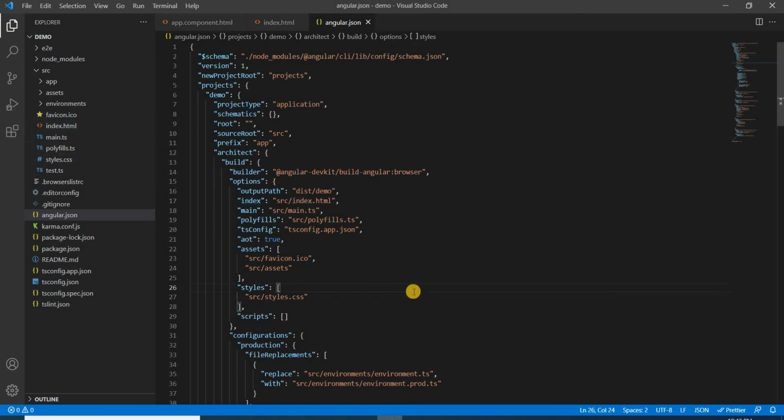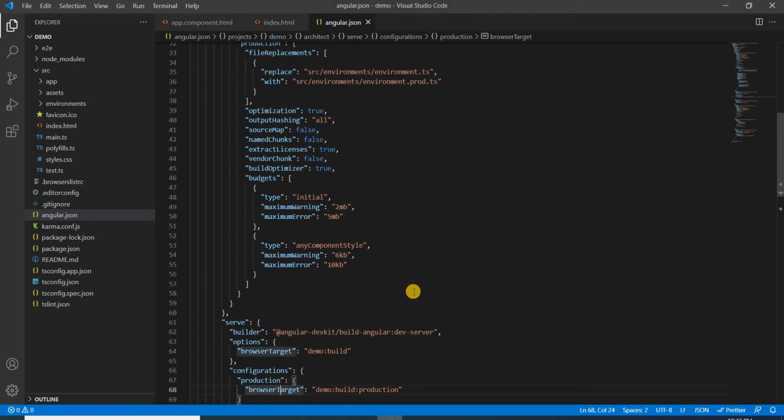There are a lot of other things which might not be useful right now, because we are just starting the Angular series. As we cover upcoming videos, I will explain these files side by side, so I will not go into detail about other files.